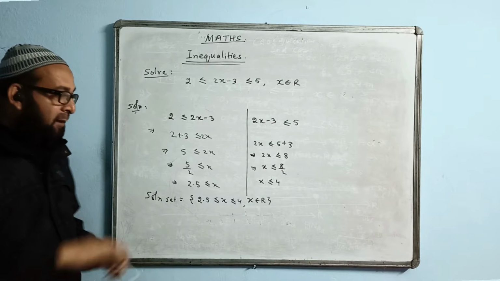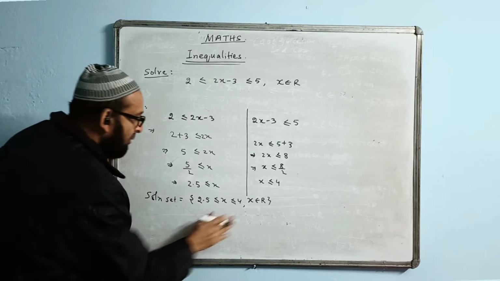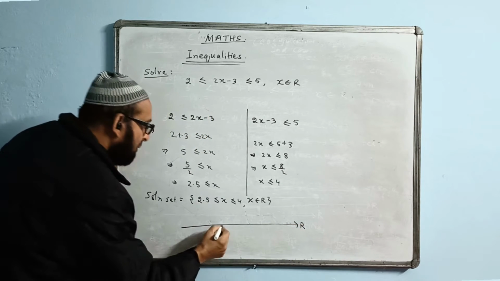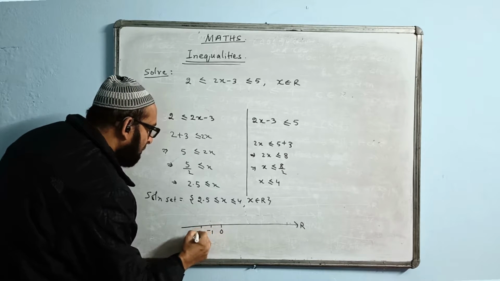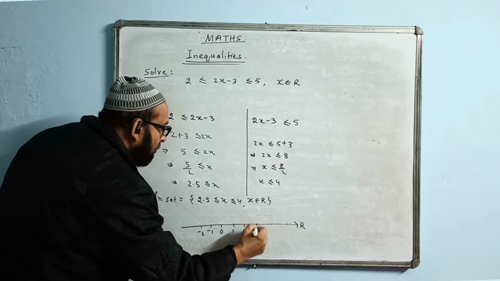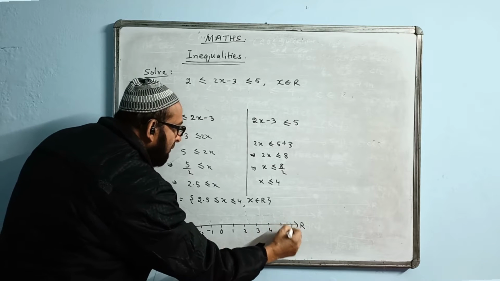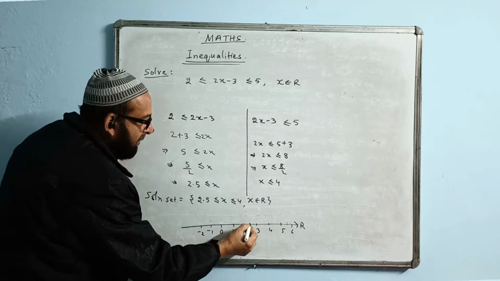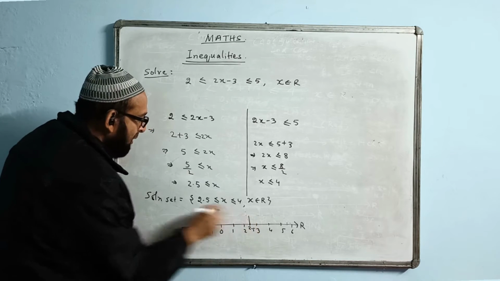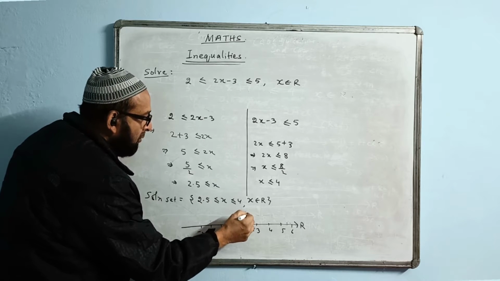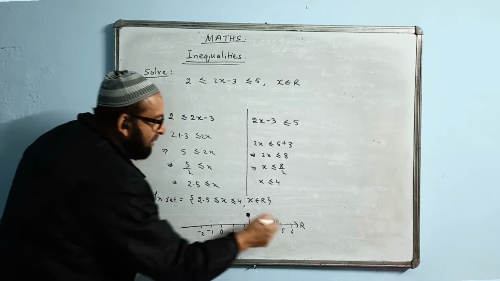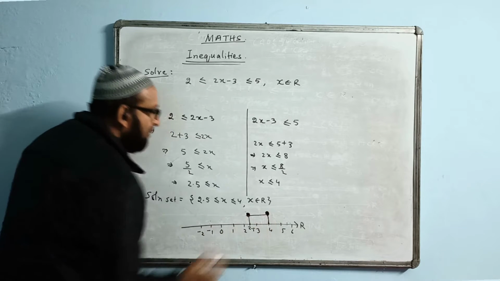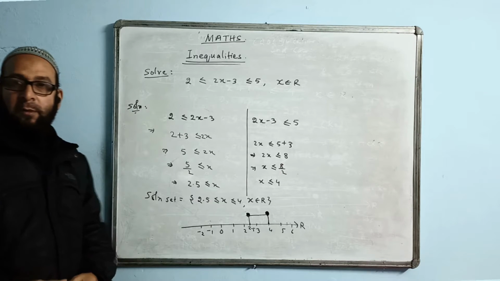How to show it on the number line? We draw the number line and you know the method of showing it. R, write real numbers, then this is 0. Some numbers you show: minus 1, minus 2. This side 1, 2, 3, 4, 5, like that, 6. The answer is 2.5 and 4. So 2.5 comes here in the midway. Here you can write 2.5 like this. The equal sign is there, so a thick dot. 4, again the equal sign is there, 4 is over here. Give a solid dot and join them here. So, done.